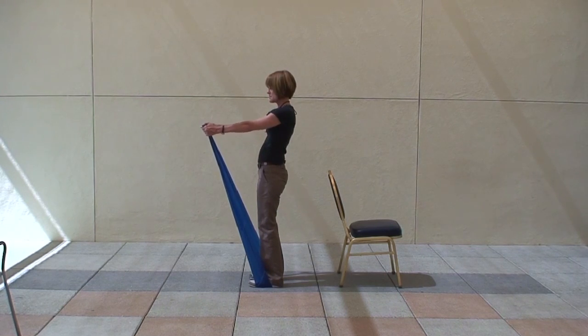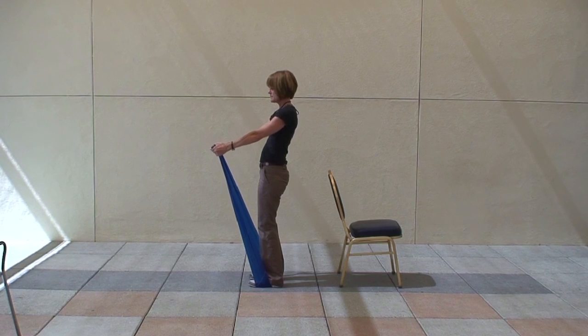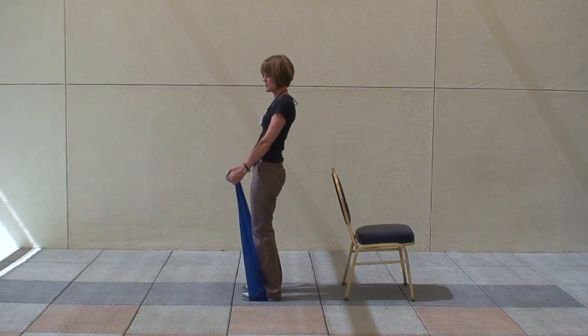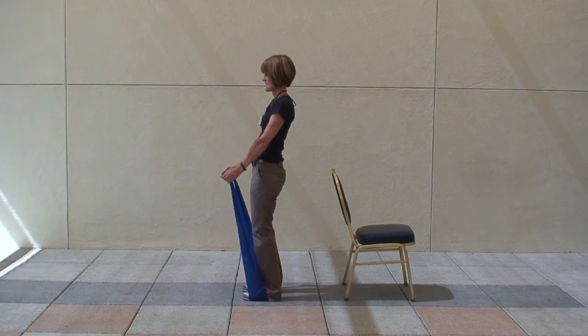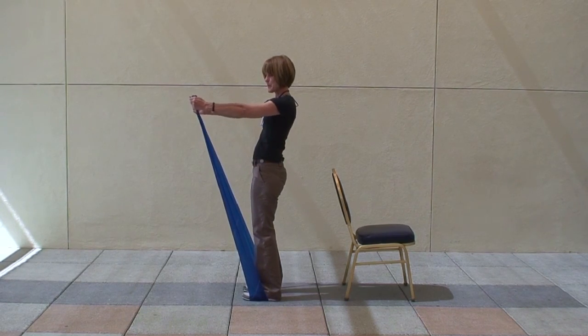And the movement goes like this. You're just bringing the arms up slowly and then lowering them. And both phases of the movement are important. So this is 2, and slowly return. 3, 4,